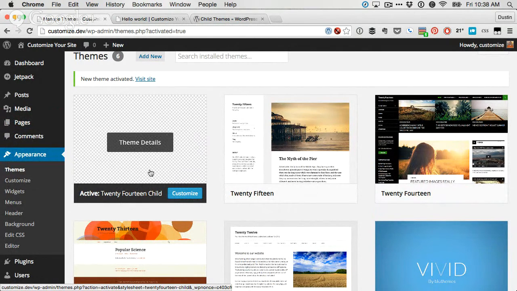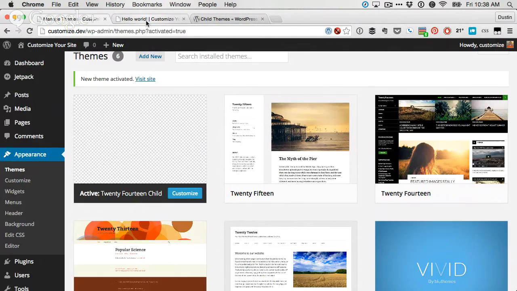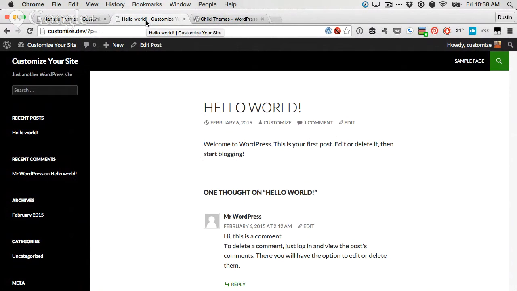Well, you actually need to add a screenshot. And this is pretty simple to do. All you have to do is basically take a screenshot, name it screenshot, and put it inside of that child theme folder. So for example, let's just do this page. You could always take a snapshot of your website, and then you could put your logo over it, or there's a lot of things that you could do with this to make it look more custom